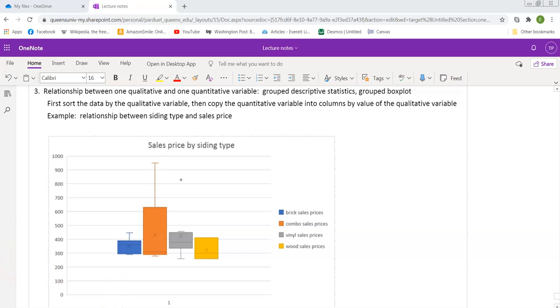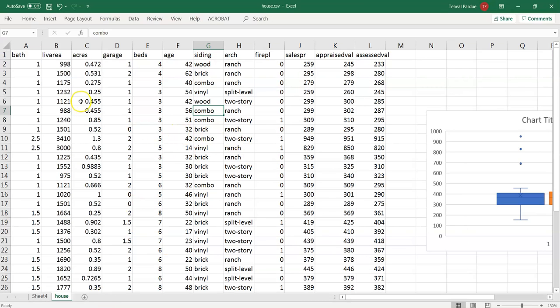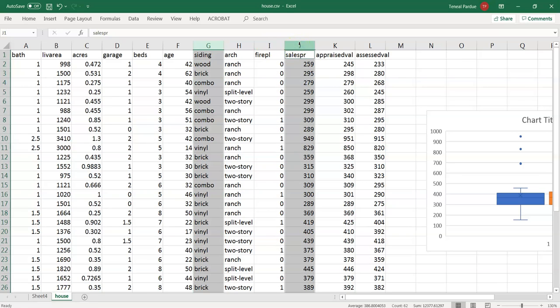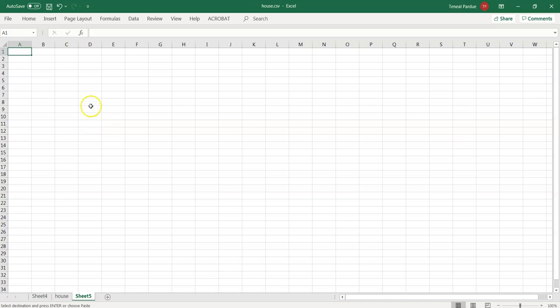So the way we're going to do that, I think the easiest way to do this, is to copy what we want into a new sheet. So we want the siding type and the sales price. I'm going to select this, and then I'm going to hit, not the shift button, the control button. So control sales price, and then control C to copy, and I'm going to make a new sheet over here,